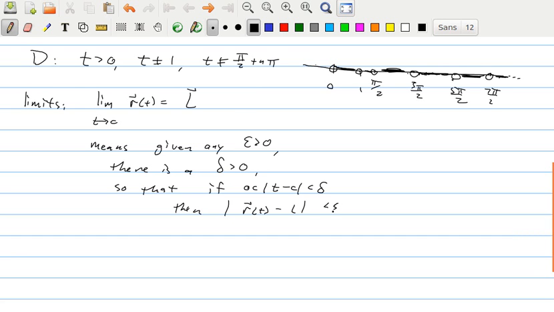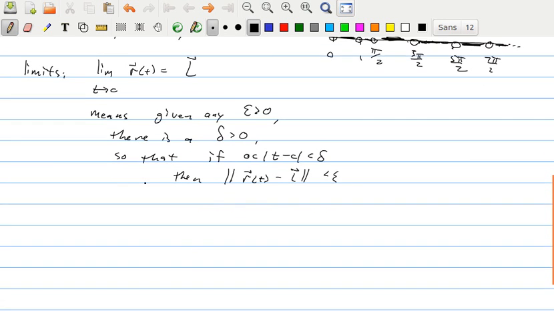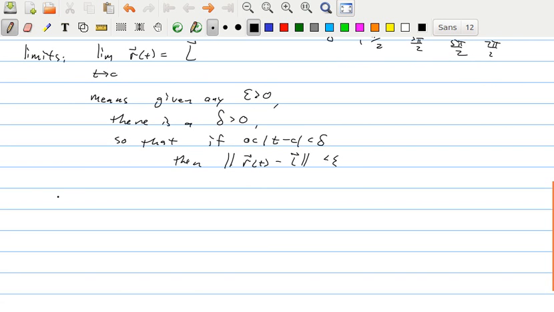Now when we say close, the absolute value doesn't make sense here because these are both vectors, so we use norm or magnitude. This is the same as the Calc 1 epsilon delta definition of limit, although instead of absolute values we have magnitude, we have norm. What this turns out to be is that if you have any reasonable function, if you look at the limit as t goes to c,